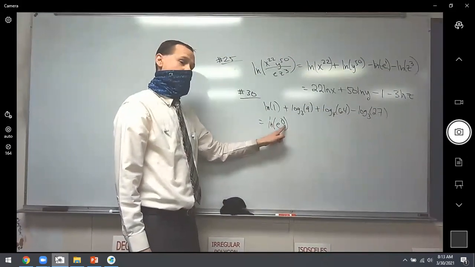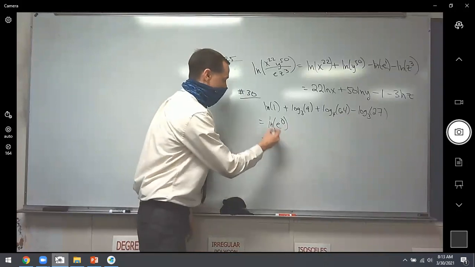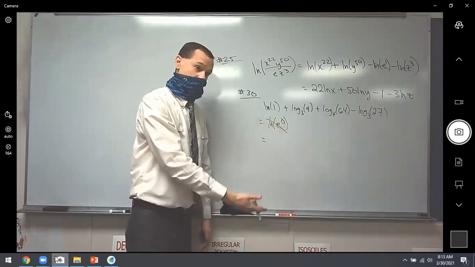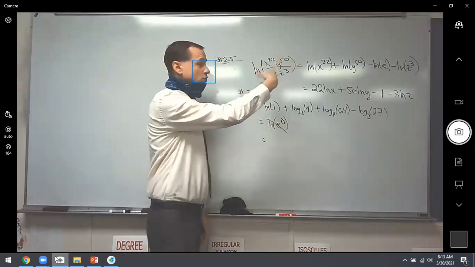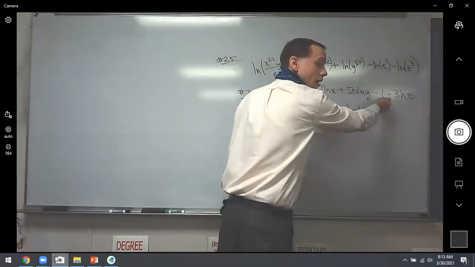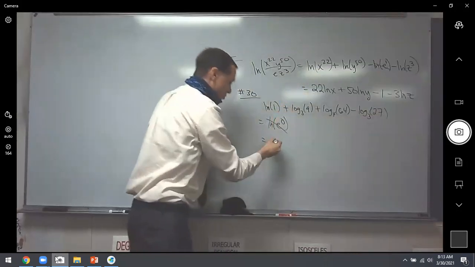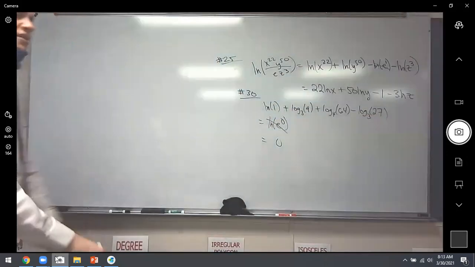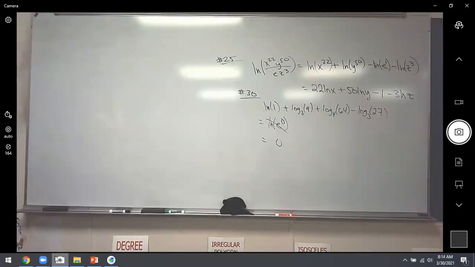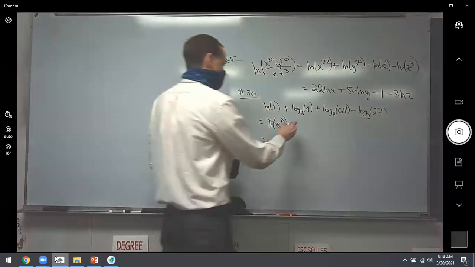Well, this is raised to the 0. So on the next step, this log and this e will cancel, just like it did up there, right? Only difference was this was e to the first, so it left a 1. This is e to the 0, so it'll leave a 0. Yeah, exactly. So that term in the front's not going to matter. In fact, that's something I harped on right in the beginning, like log of 1 is always 0. But moving right along, like you said,